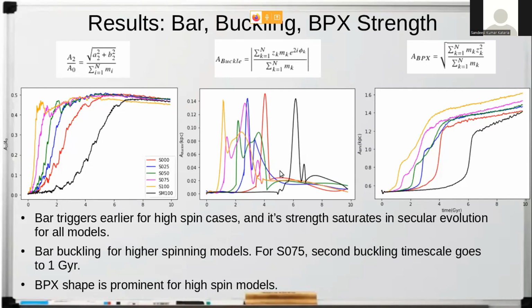And the middle panel shows the buckling event, which we capture as vertical modes in the YZ or XZ plane, where you can see this peak corresponding to the buckling time scale. Buckling happens earlier as you have a faster rotating halo. And then you can also see a second peak in each color, corresponding to the second buckling event, which is, I think, more pronounced in our S075 model, which has